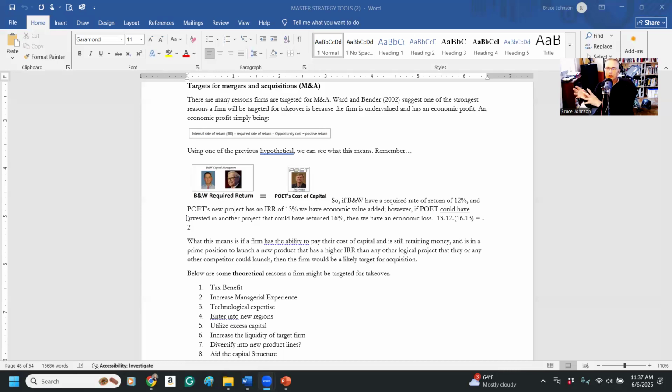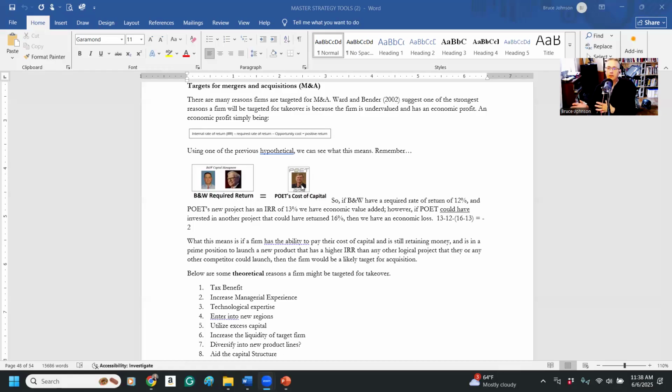And then at some point, if we look at our $10 million and let's say we invest it for 5 years, if we have a required rate of return of 12%, then you would do a valuation, a discounting of cash flows, to figure out, in 5 years, what is a rate of return of 12% on $10 million? So that's what we're looking at. Again, what I want you to remember is Warren and I's required rate of return turns into Dan Loveland and Poet's cost of capital, because they have to provide that.